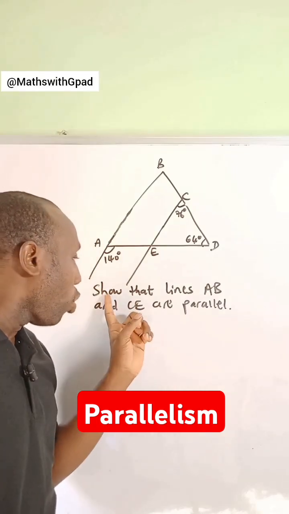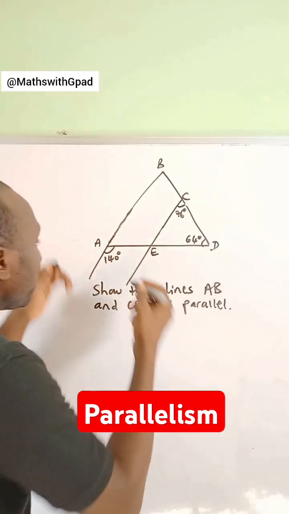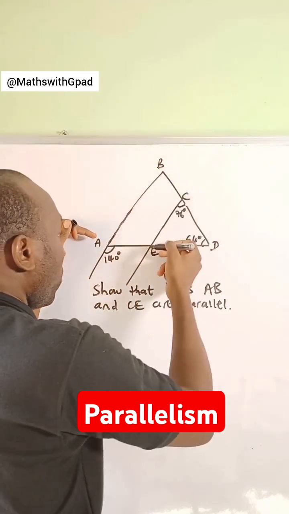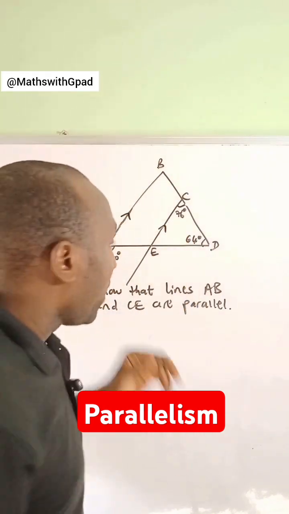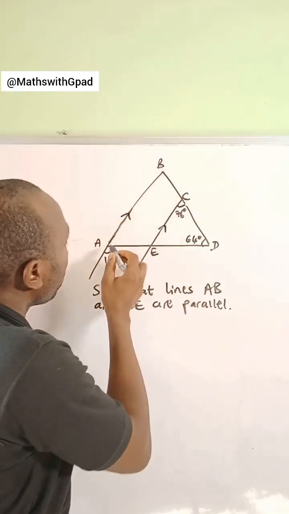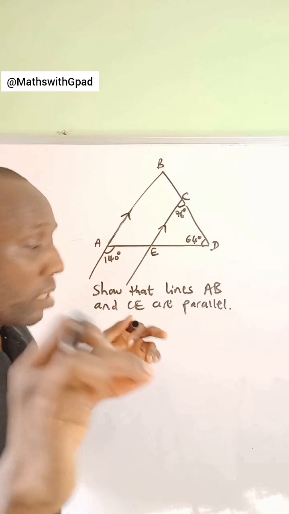This question says we should show that lines AB and CE are parallel. Where are the lines? Look at line AB and look at line CE. We want to show that these two lines are parallel. Now, for them to be parallel, if you check, you will see that there's a line that moves across the